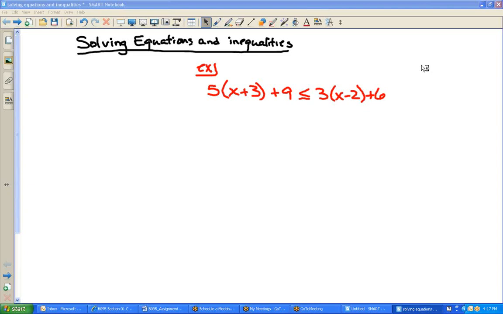Solving equations and inequalities. They're essentially the same thing, so we're going to show you an example with an inequality. There's actually one less step if it's an equal sign. Inequality just means this,